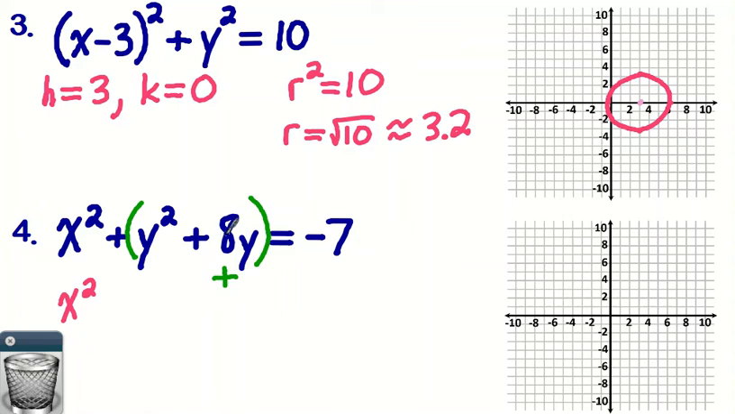Cut that 8 in half and then square it. So half of 8 is 4. When you square it, it's 16. So we're going to toss in a plus 16. Now, we can't just do that. We also have to keep things balanced. We'd also have to add 16 to the other side. So that now updates this into y squared plus 8y